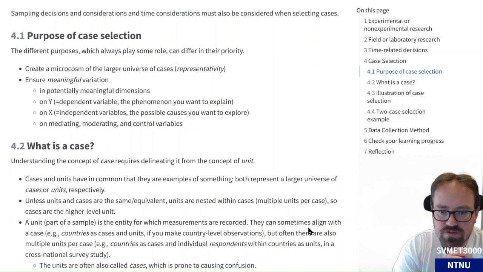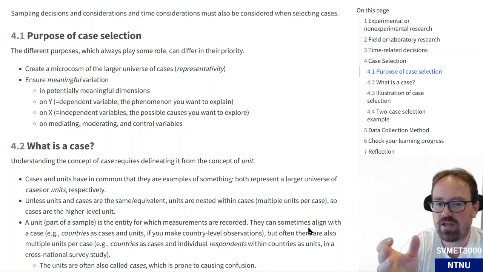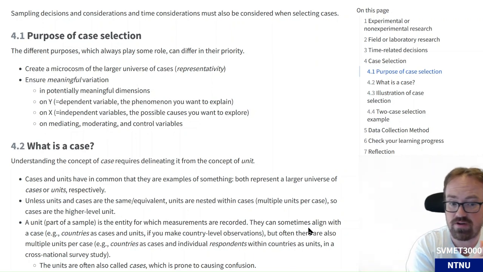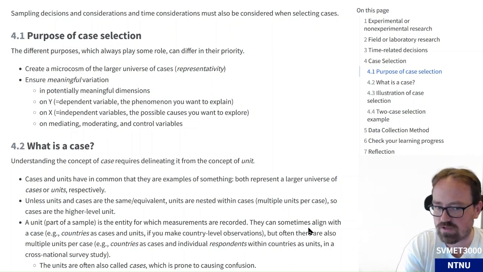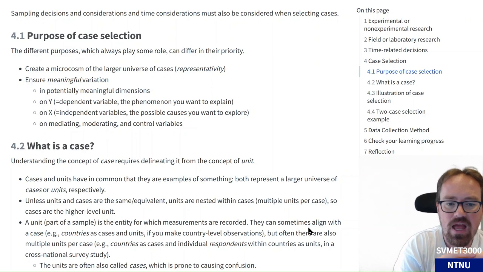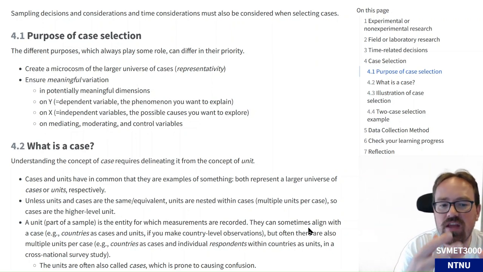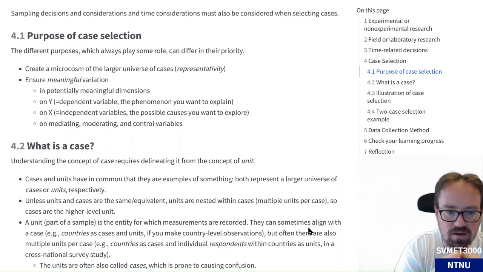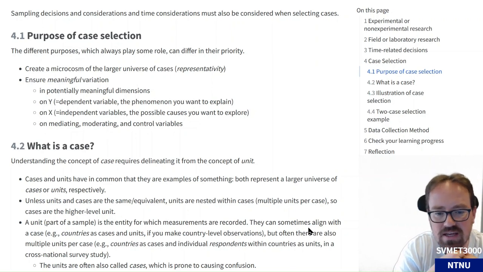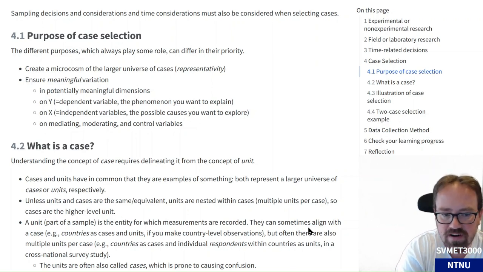So the possible causes you want to explore also can't be the same in all cases. You can restrict the variance and say, we only want high-income countries, for instance, if you're selecting countries. But still, within the high-income countries, there are differences in the degree of income. And that's more optional. You could also want to have meaningful variation in mediating, moderating, and control variables,